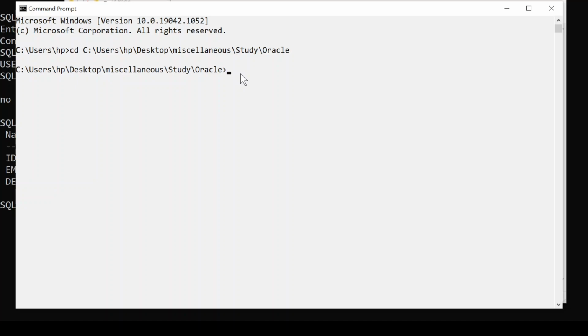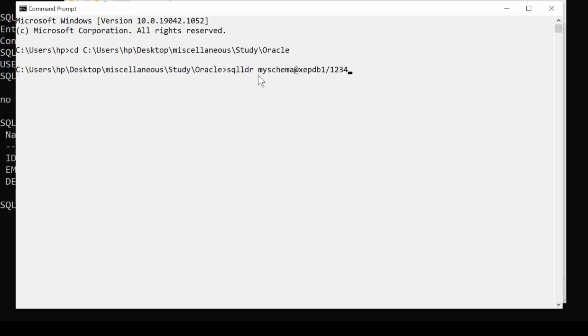So now I'll use the command sqlldr. This is the SQL Loader command, and then we will give user information, my schema@xepdb1, comma, the password of this user.